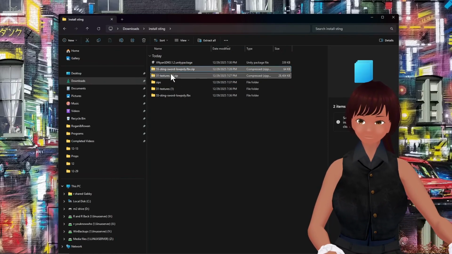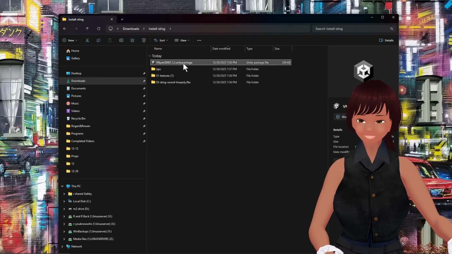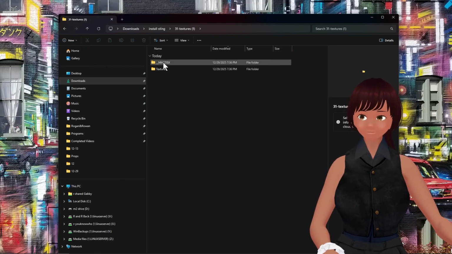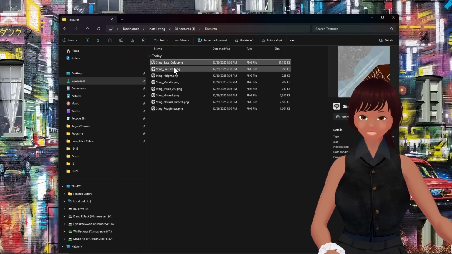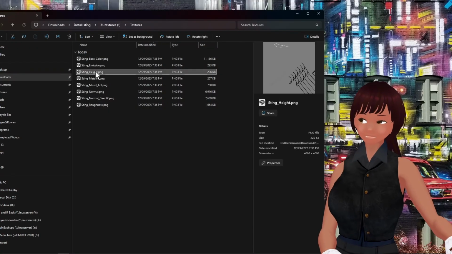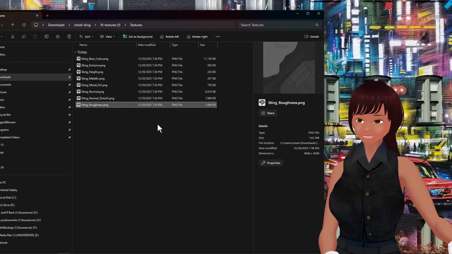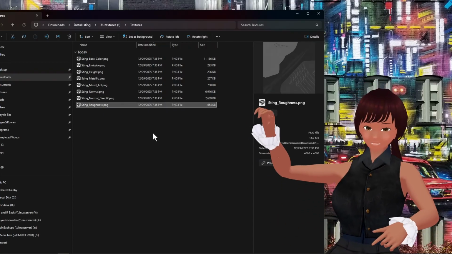Zips, just to clear things up. So we have a Unity package, and then we have textures, and inside textures we have a bunch of stuff, and it'd be sure nice if I knew what to do with these, but for now we're just going to use the base color,